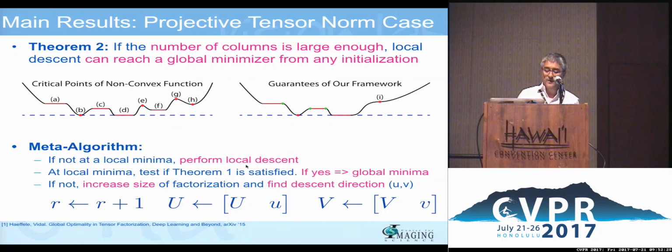So what we're going to do is increase the size of the factorization by 1. So we're going to add 1 column to U and 1 column to V. And we're going to select that U and V in a very peculiar way so that I guarantee that I keep going down. Pictorially, this is like traversing this flat plateau from the left to the right in just one step by adding that extra column. And so now I move from the left to the right by increasing the size, and then I keep going down, and eventually I'll get to that global minimum.